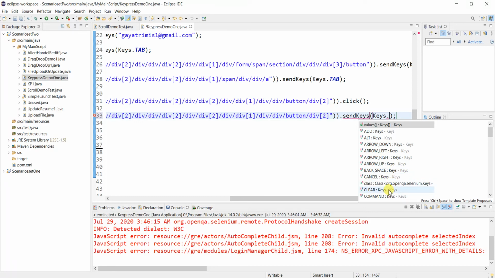Clear is also one key available over here we can use, and command. So many keys are there. You can work on all the keys. You can control all the keys from the keyboard and automate them successfully by using keys dot key name and providing it to the specific location of the element, the XPath of the locator. Then send keys dot the key name. This is the way you can automate the keyboard keys.